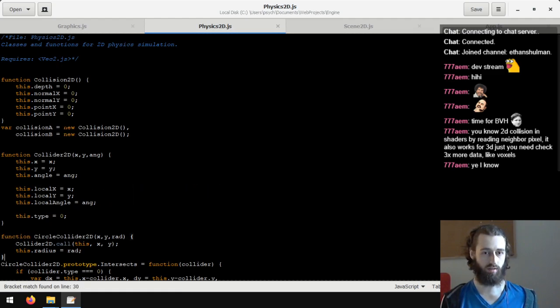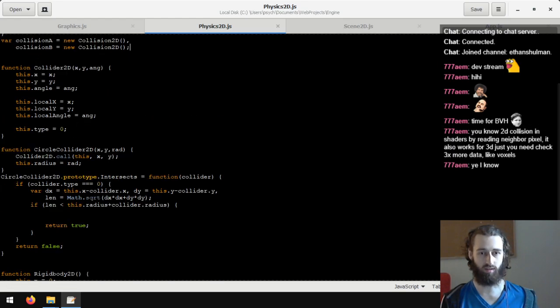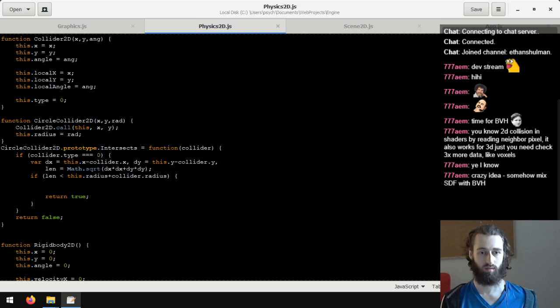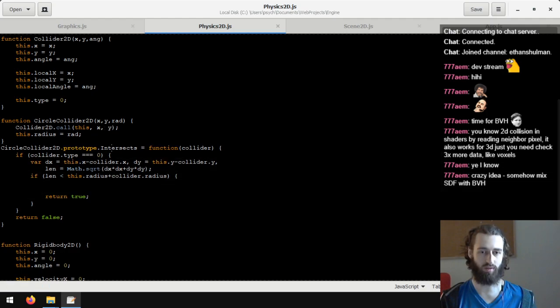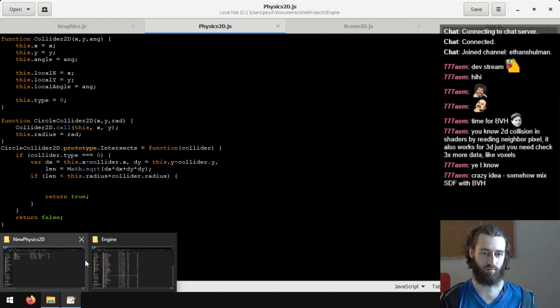Alright, so then if there is an intersection, it'll output data in collision A and collision B. Mix SDF with BVH. I mean, SDFs aren't that great. That's the issue, is the time it spends marching, jumping, you're normally better just doing regular ray tracing. In this, it'll just end up ray tracing a circle when I call a ray trace function, and it won't do SDF marching. That's actually what the old physics system does, is it is